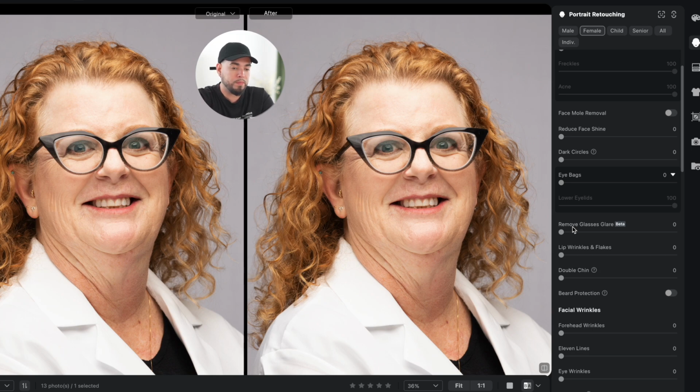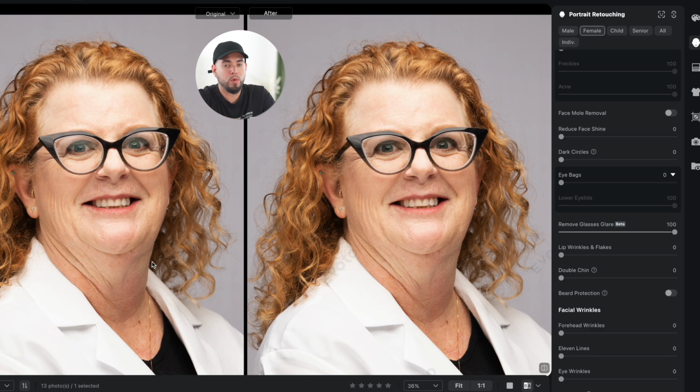Here we go. 100%, look to your right, it's gone. The left is before, the right is after. Done. So again, it's not part of the update, but I just wanted to point that out, that this is, by the push of one button, one of the easiest manipulations you can make to your photo by simply removing